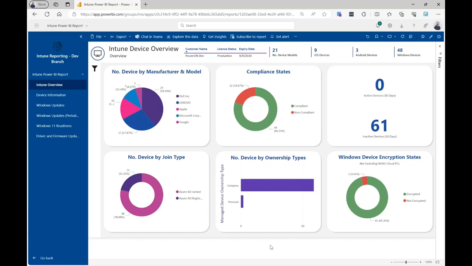So on this landing overview page, we get a very quick glance of just how many devices are in the environment, what type of breakdown in terms of Windows versus iOS and Android do we have, how many models, and then the more key important things are things like how compliant are these devices and what are the encryption states. And the good thing is with it being used in Power BI, all of these are interactive and everything can